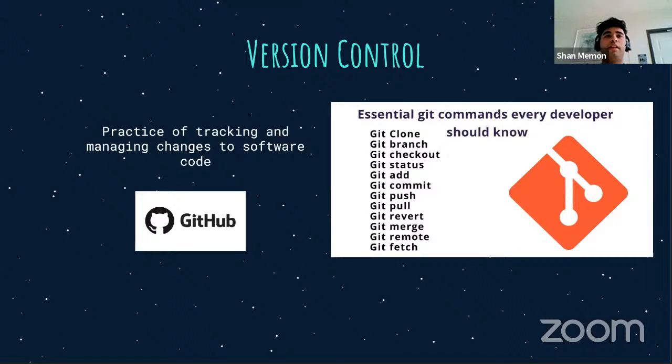This is basically a storage device for projects, and you can track your changes in this repository. If you ever make errors or want to go back, all those changes are tracked, and you can go back to previous versions of your code, and you can collaborate with people together on projects very easily and seamlessly. And in game development, if you're working on a team, you're going to be using version control.